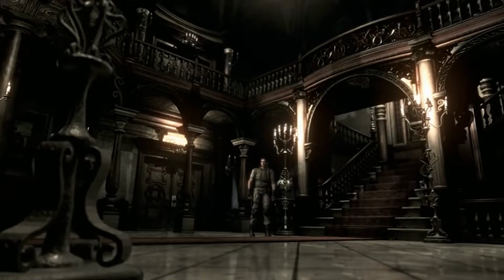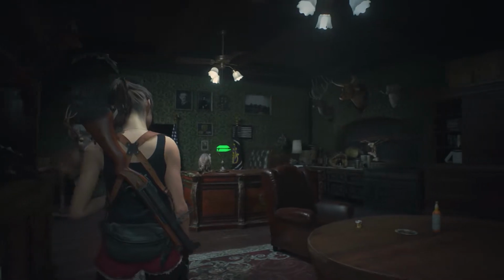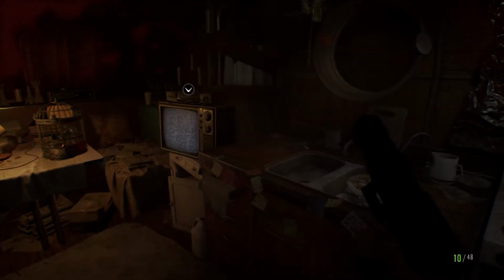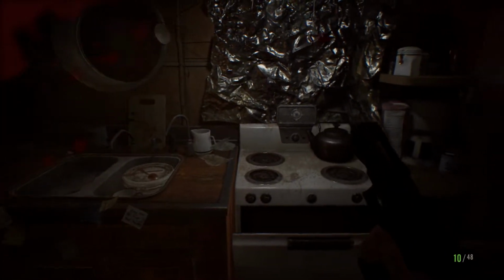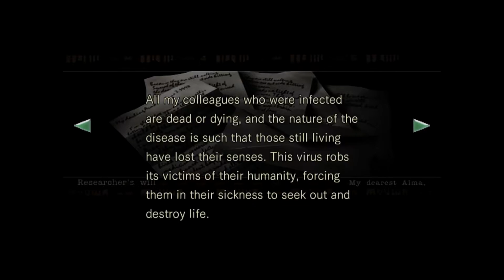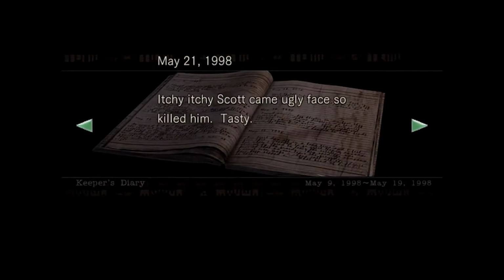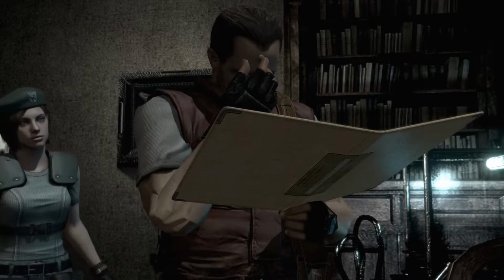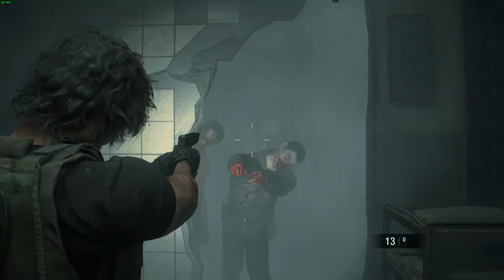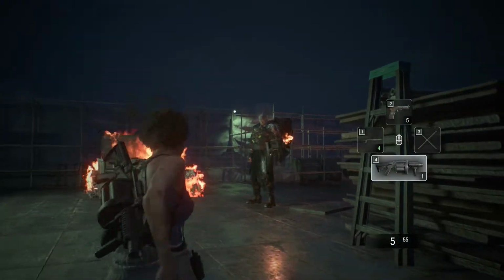Every nook and cranny of the Spencer Mansion, the Raccoon City Police Department, and the Los Iluminados Castle have a story to tell with the bits left behind by the previous inhabitants. From reports detailing the gruesome outcomes of experiments gone awry, to bloody letters from victims undergoing horrific transformations, uncovering the goings-on of each location through the lore is just as engrossing as shooting through hordes of zombies or immolating horrific